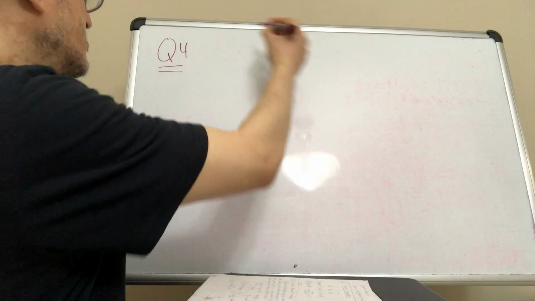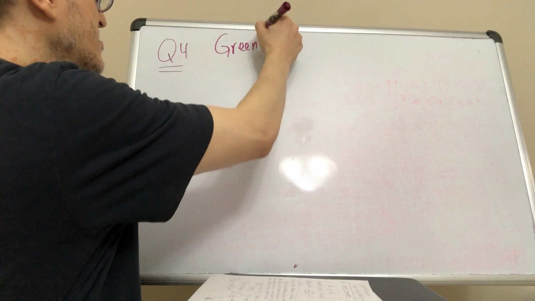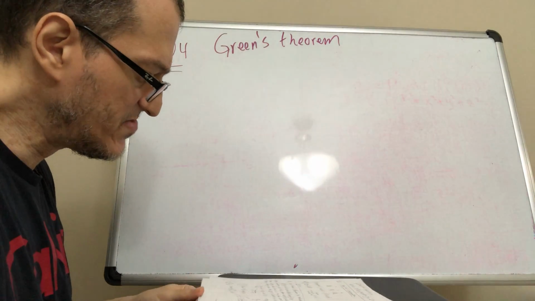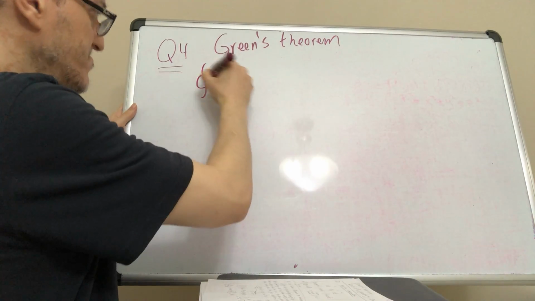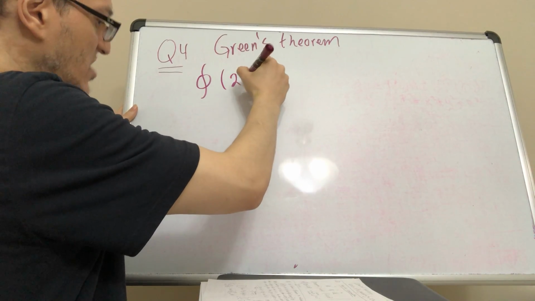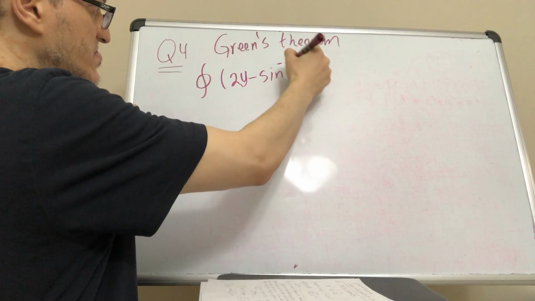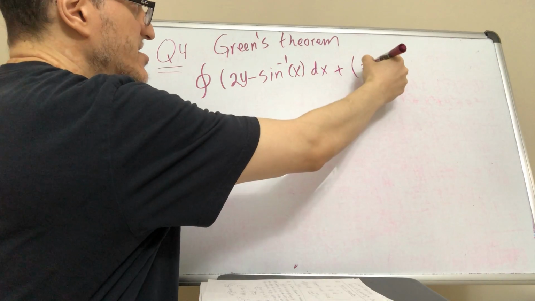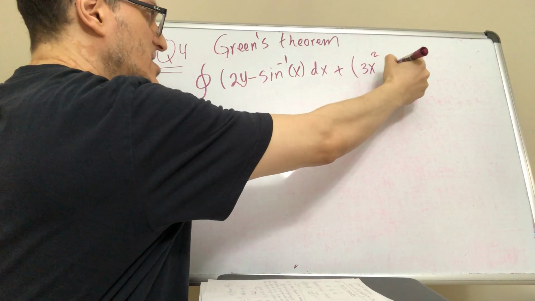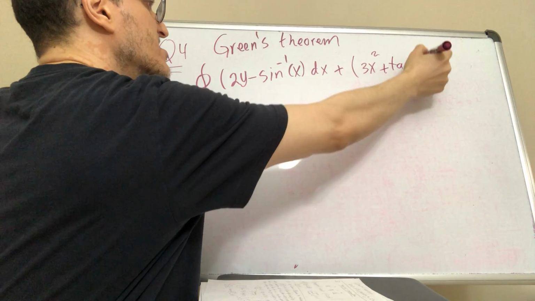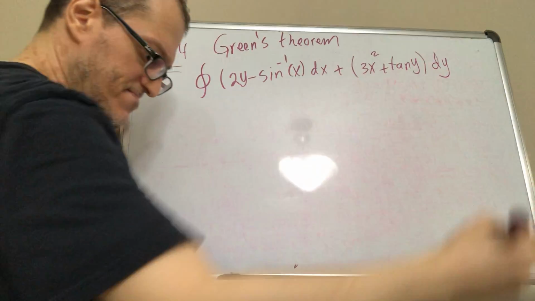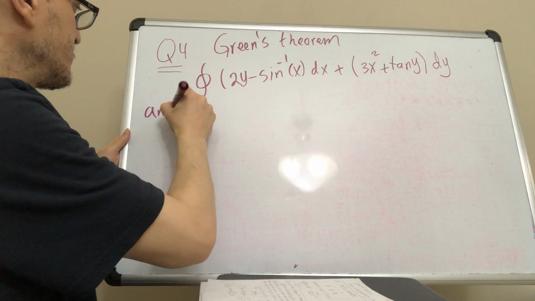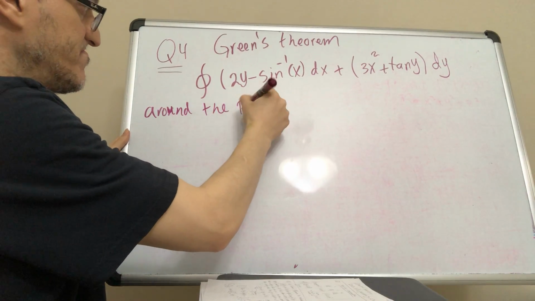So we're going to use Green's theorem to evaluate the integral of 2y sine inverse x dx plus 3x squared tan y dy around the path